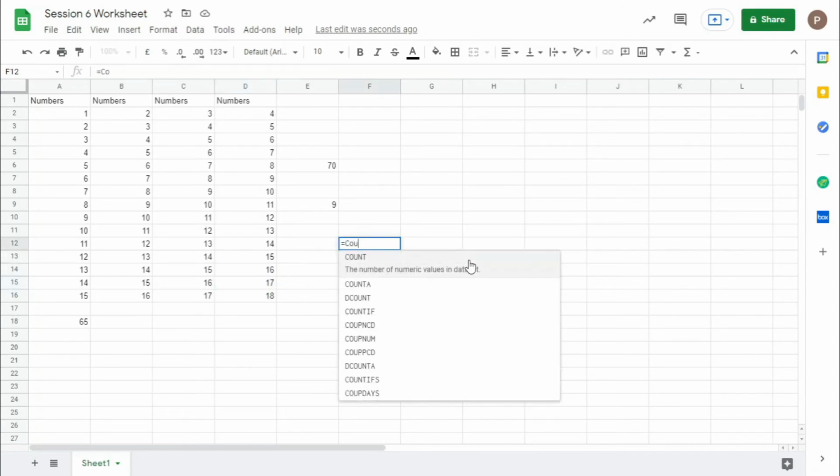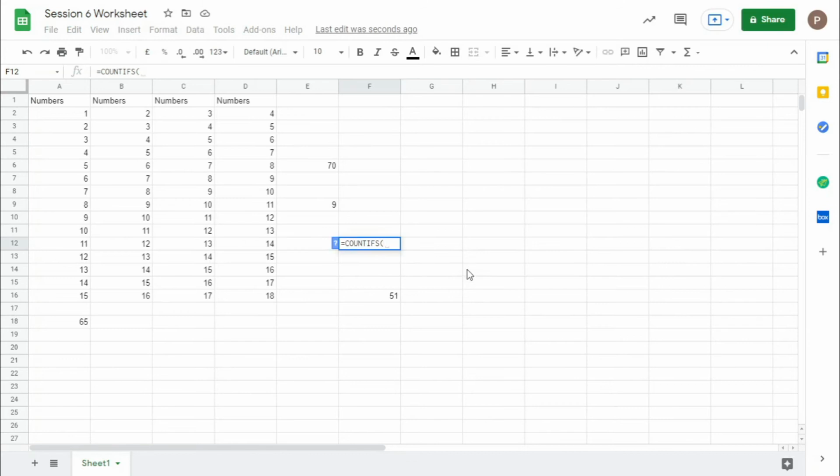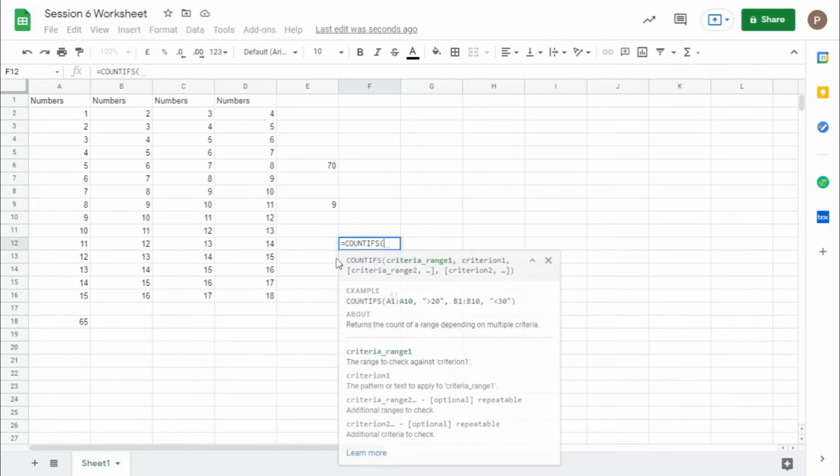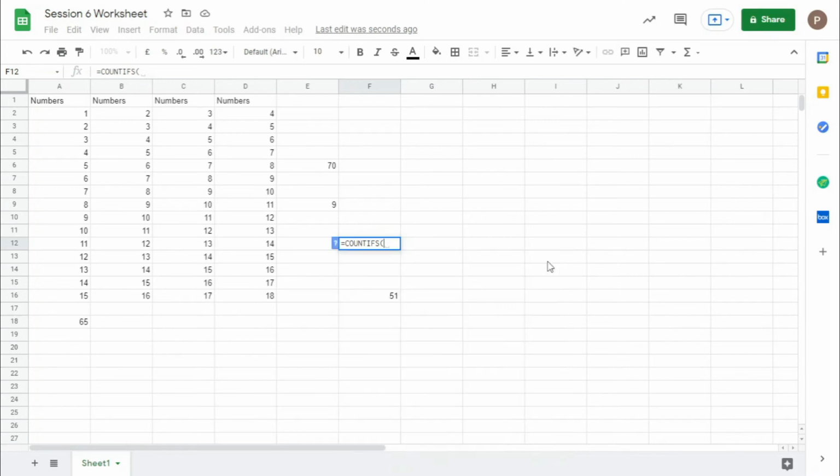Using this you have COUNTIFS. For every function you have the IFS version. COUNTIFS has the same structure: criteria range 1, criterion 1, and criteria range 2, criterion 2, but this time it just takes the range itself.